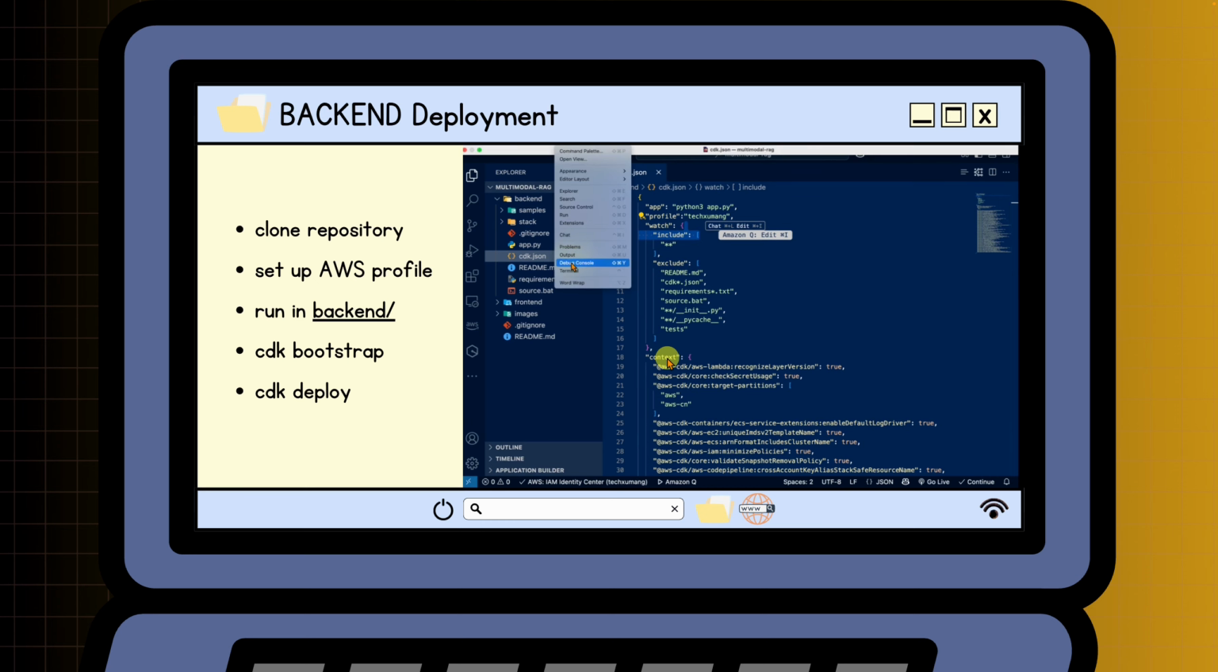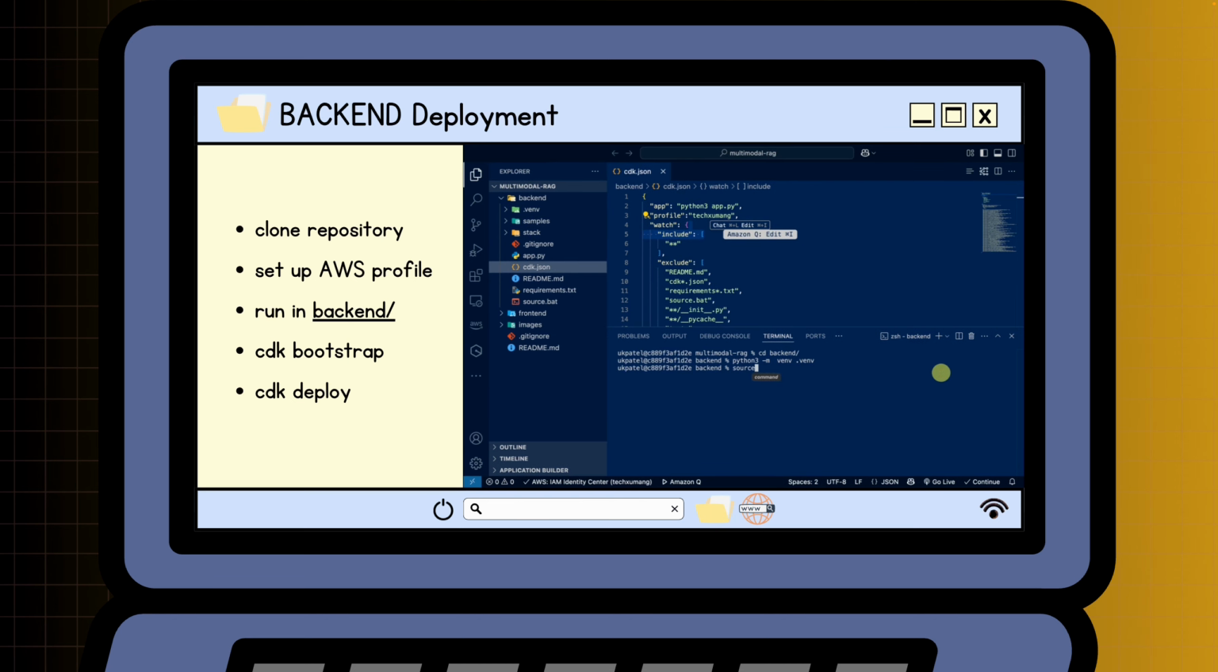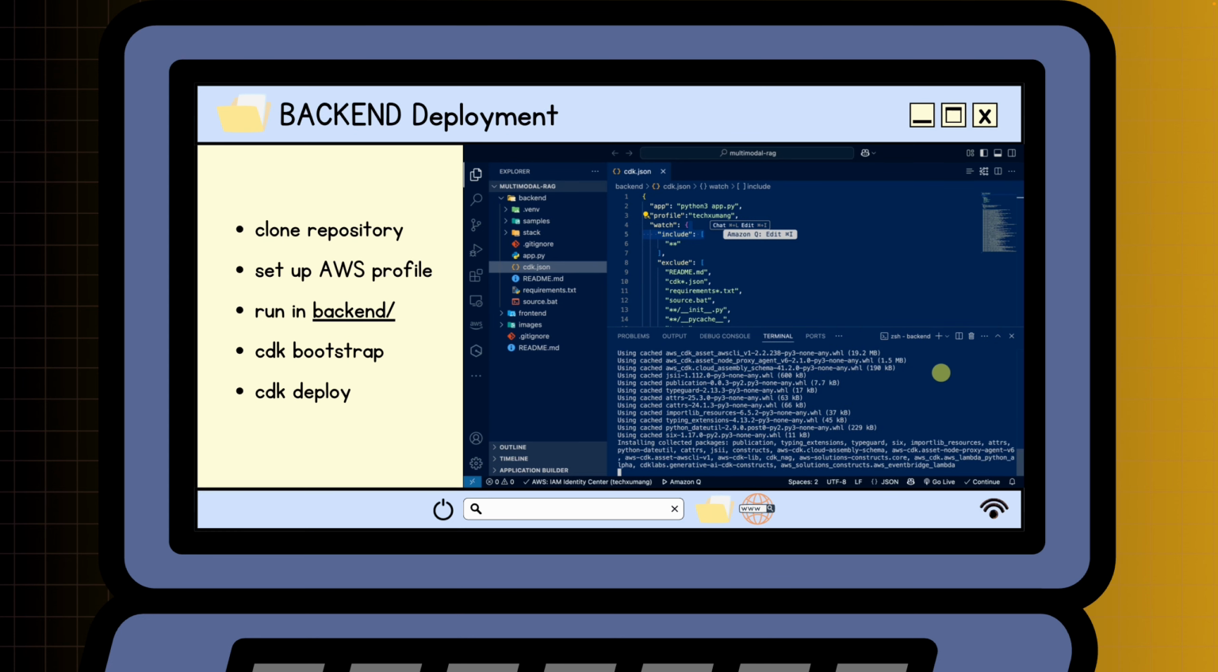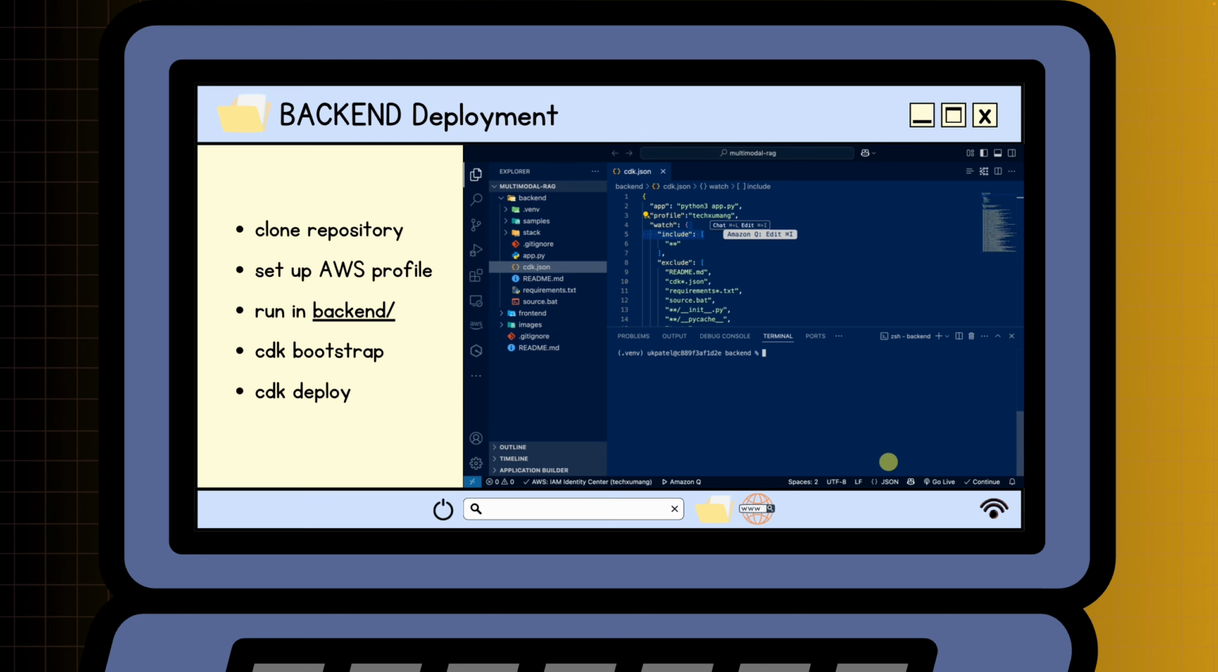Once this is ready to go, let's open up our terminal one more time. Again, it is important that we are in the backend folder, so let's make sure that we navigate to the backend folder. Once we are in the backend folder, we want to create our environment, activate the environment, and after that, install all the requirements necessary for this project. Once you see this, let's clear our screen really quick and run cdk bootstrap to actually start the process